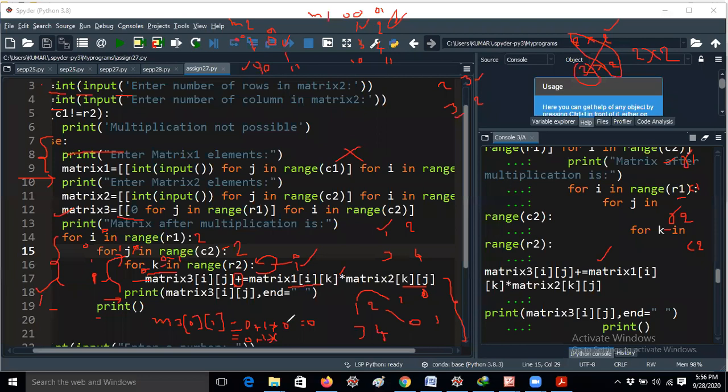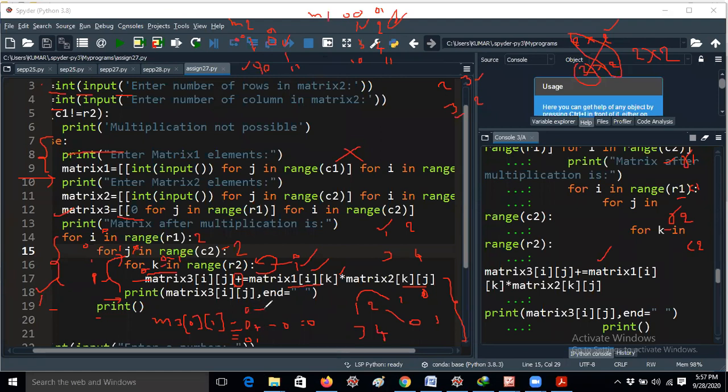Actually I wrote 1 only here, right? So it is 2. I have to remove this. I will write on the top.